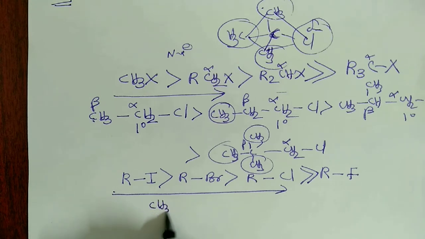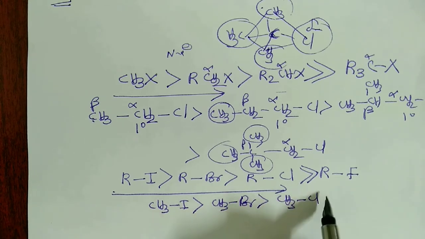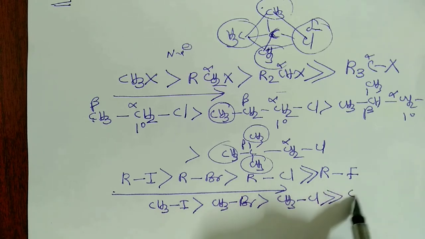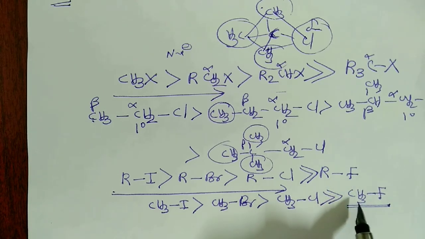As an example, among methyl halides, methyl iodide is the most reactive, followed by methyl bromide, then methyl chloride. Methyl fluoride does not undergo SN2 reaction under normal reaction conditions. It is included here just for a comparison. This should read as far less reactive. Methyl fluoride is far less reactive than